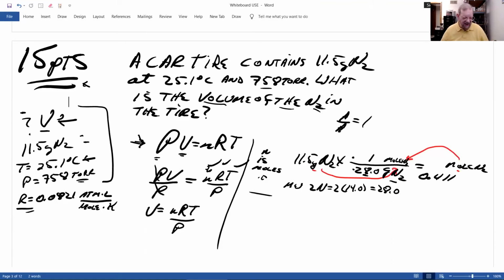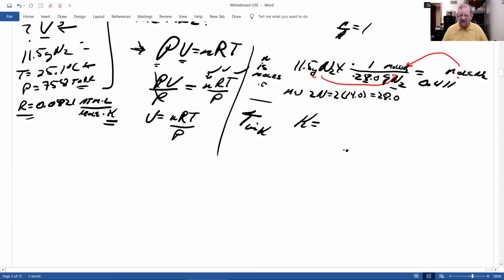How do you know? Look at R. R has Kelvin in its units. So I have to convert the temperature to Kelvin. And remember, this will be given to you in the important information for test number 3: Kelvin equals degrees C plus 273. In our case, it was